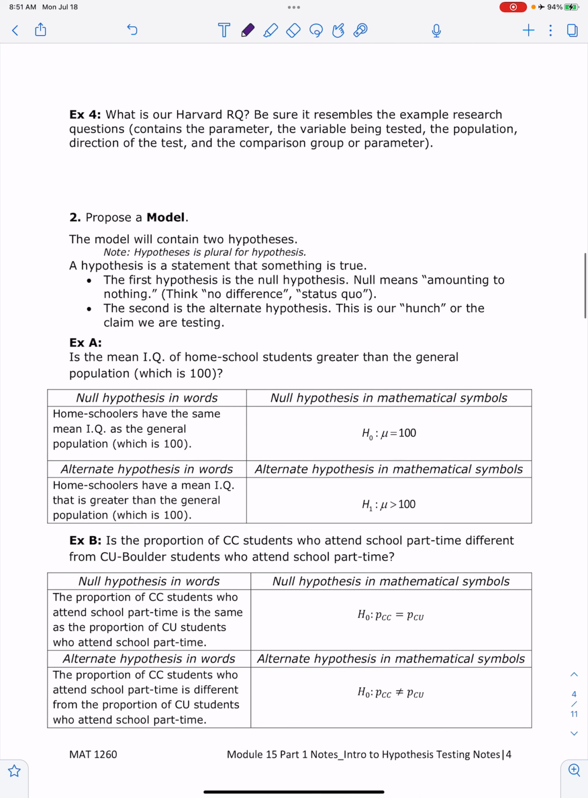So here's what our research question is going to look like. We're going to be very specific here. We want to know, is the mean IQ of Harvard students